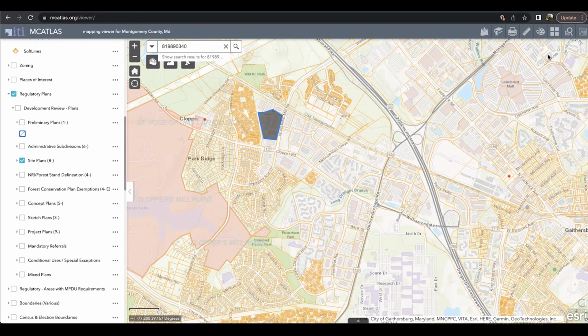All right, so Sandra is asking in the chat, can we add to MCATLAS a way to map out deed metes and bounds? That's tougher, Sandra. I kind of doubt it. I have a tool in ArcMap, our desktop GIS, that lets me do that. So not very satisfying, but you can,